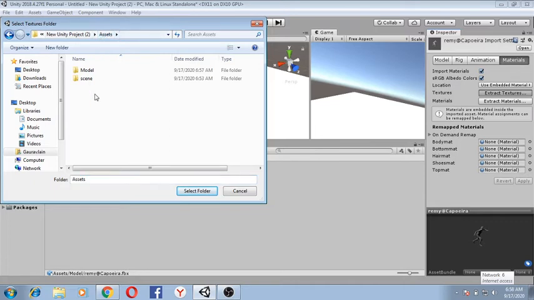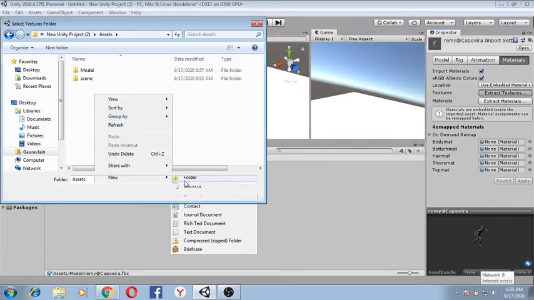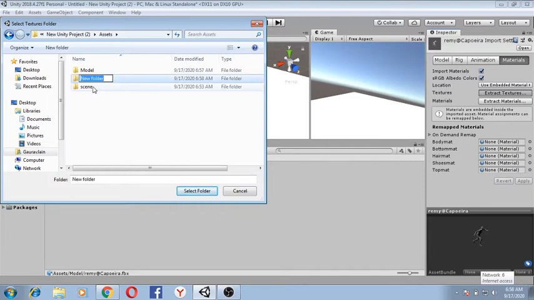Now here you can create a separate folder if you want, with the name texture.